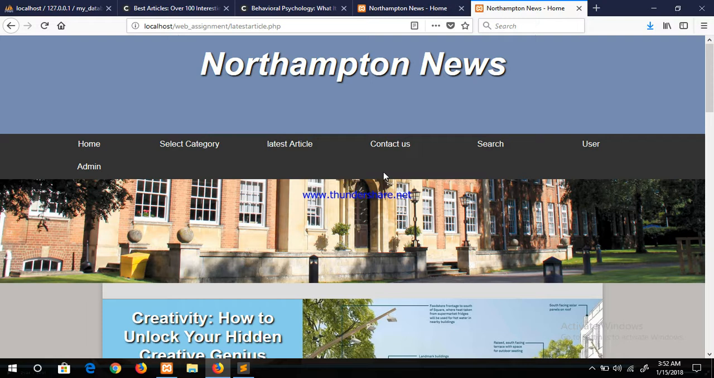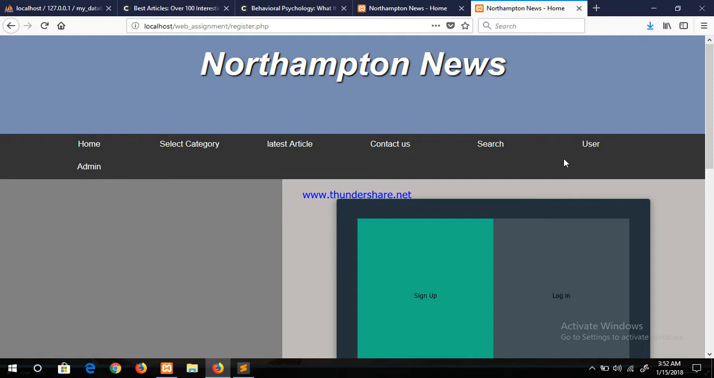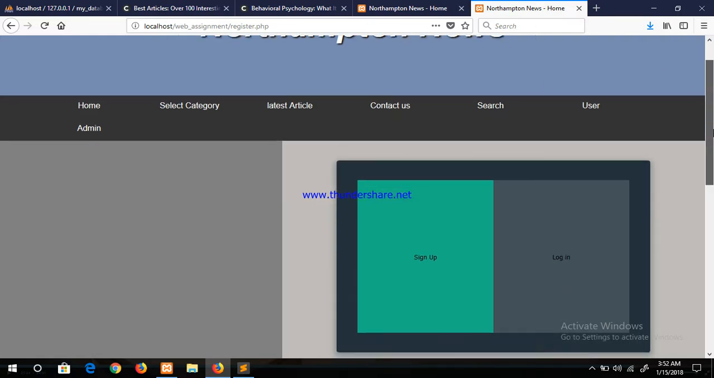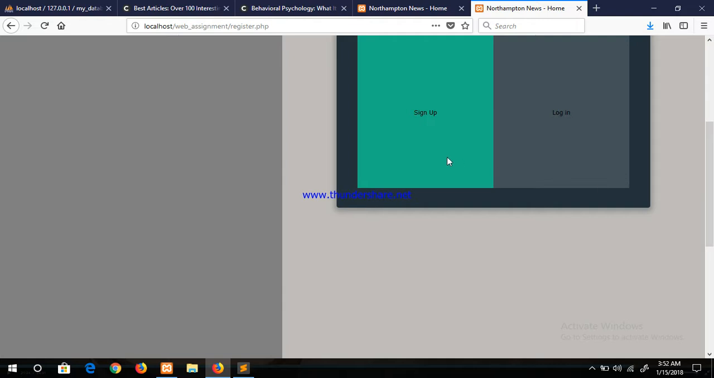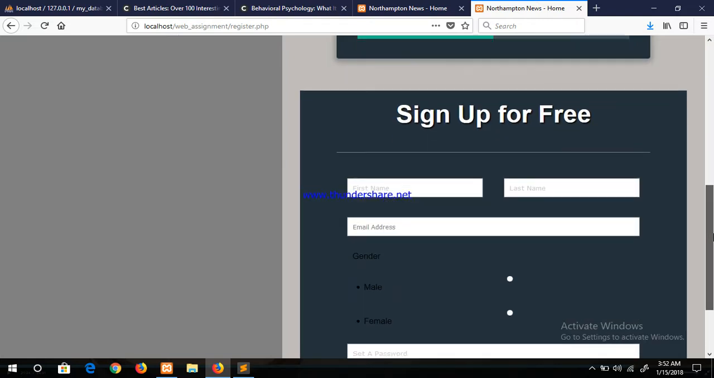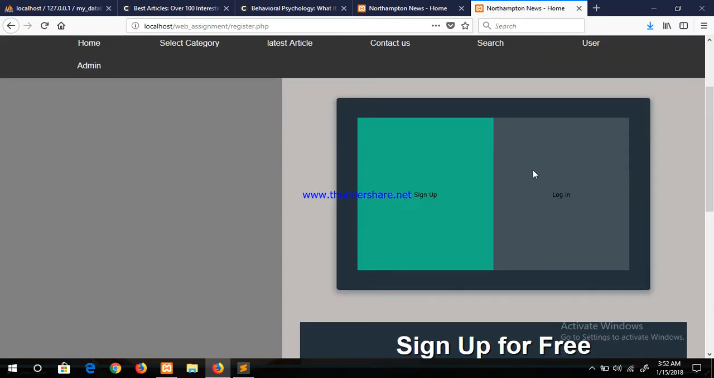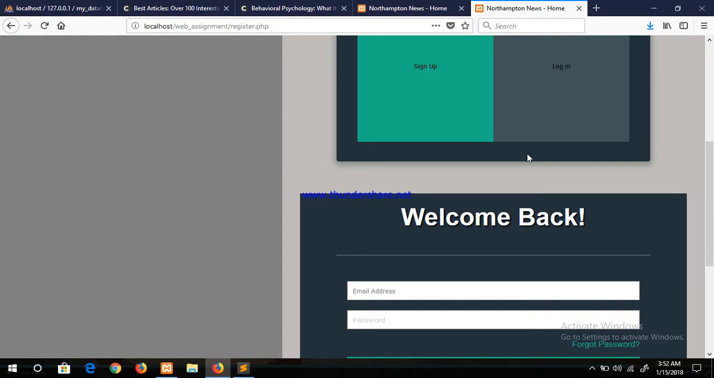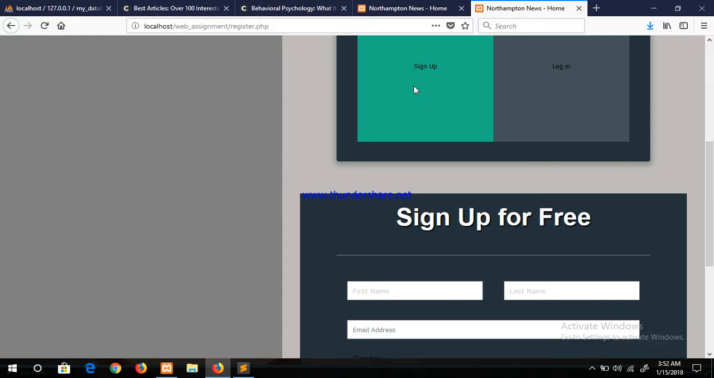Moving on, let's go to the login section for users, not the admin. When a user logs into the system, the login button takes him or her to another login page, where the user can either sign up or log in. For now, first I would like to create a user. So sign up